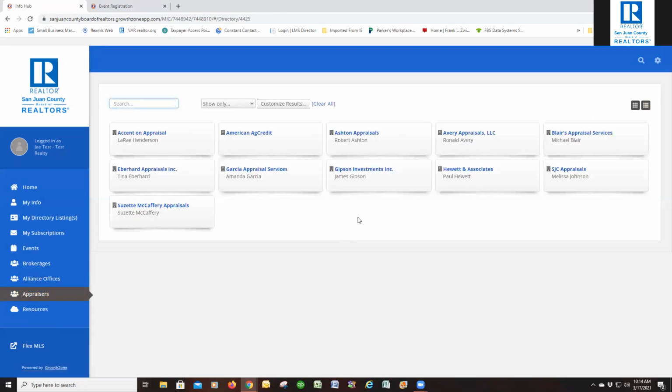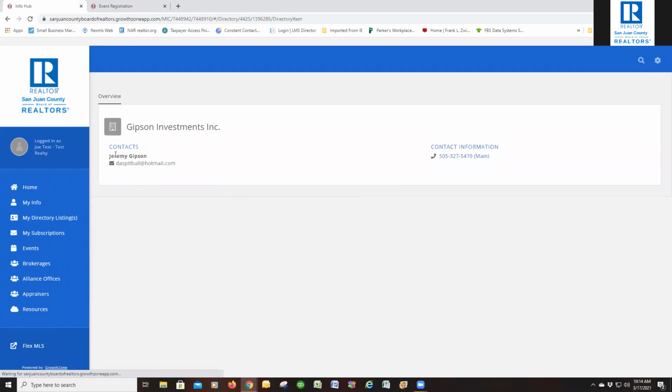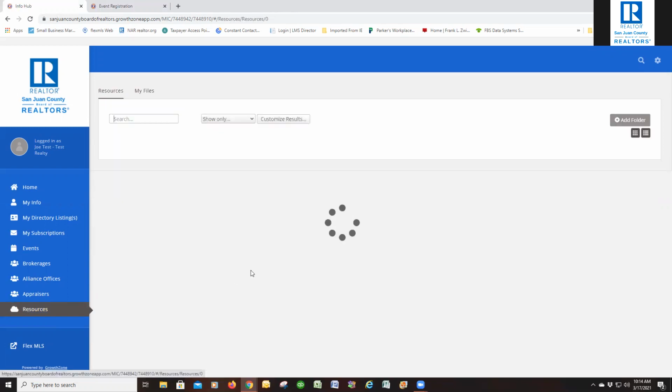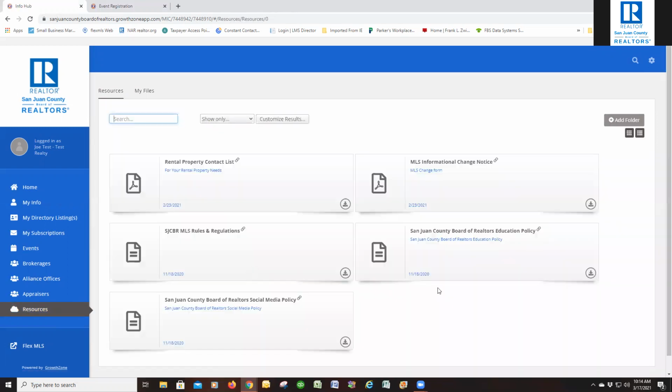And our appraisers are also set up in a separate category too. So appraisers have the same thing. Again, you can open that up, and you'll have contact information for that appraiser's office. So the resources are really great. As we're growing and learning and utilizing this system more, you'll be seeing additional resources